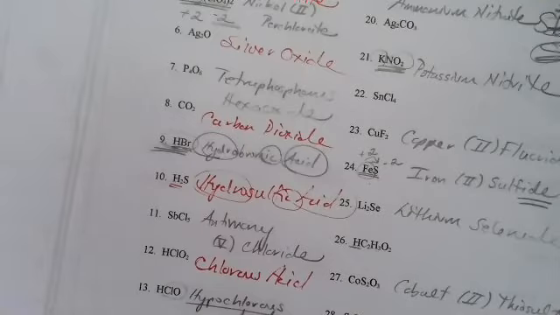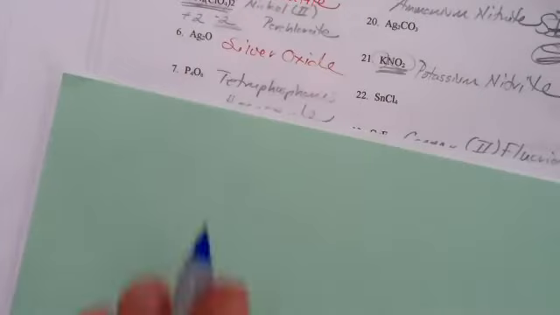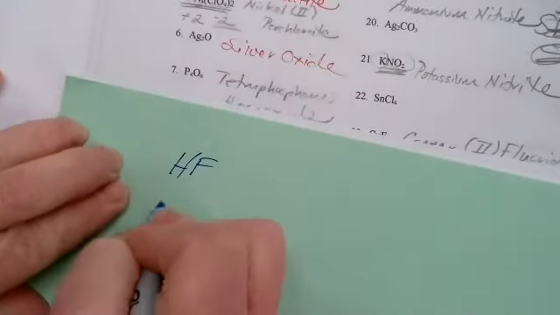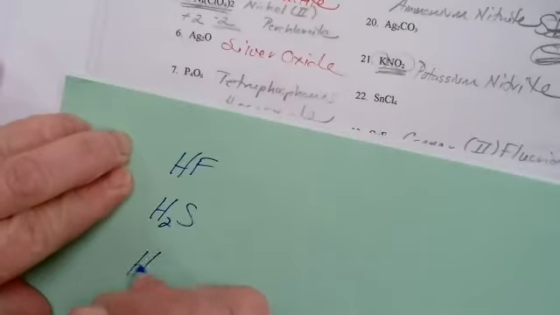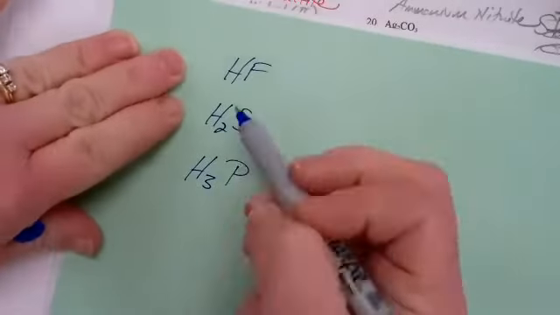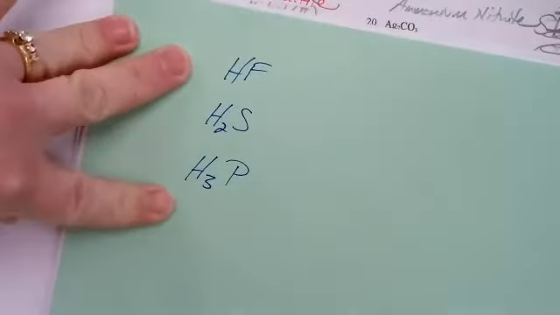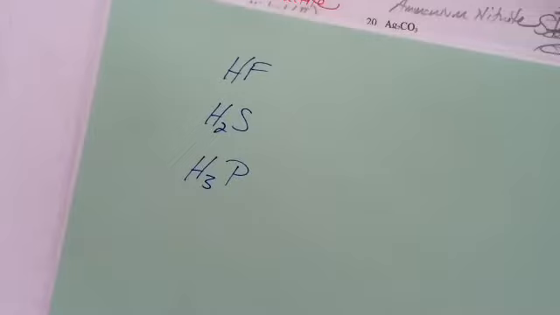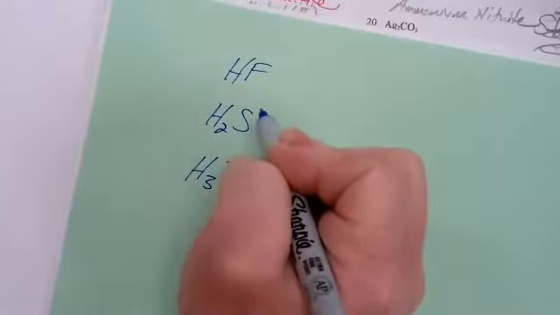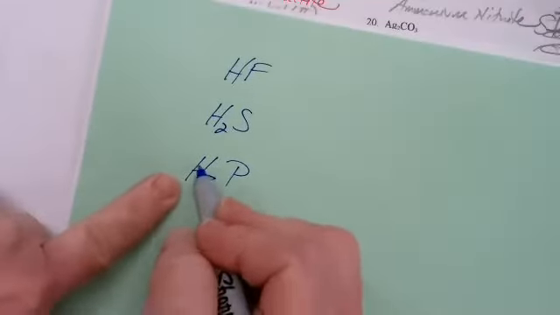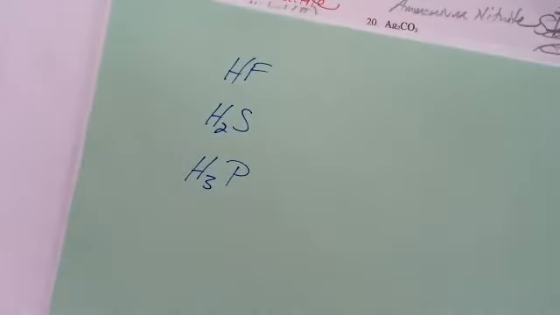If your acid is hydrogen with only one other element, that could be HF, that could be H2S, that could be H3P. It does not matter the number of hydrogens. The number of hydrogens present in the formula is to balance the total negative charge that the anion brings. We need 2 hydrogens because sulfur is a -2. We need 3 hydrogens because phosphorus is a -3, and so on. That doesn't